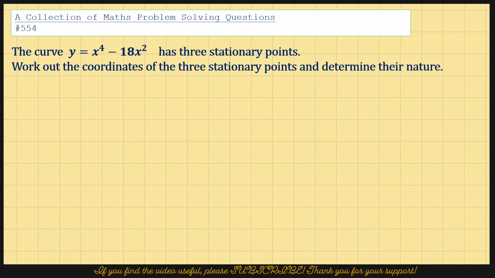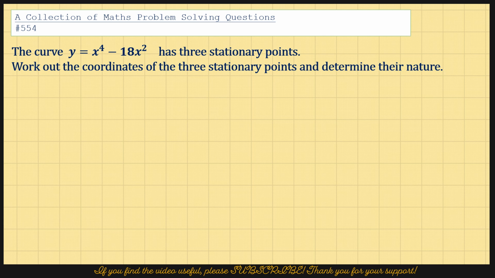The curve y equals x to the power 4 minus 18x squared has three stationary points. Work out the coordinates of the three stationary points and determine their nature. So for this question,